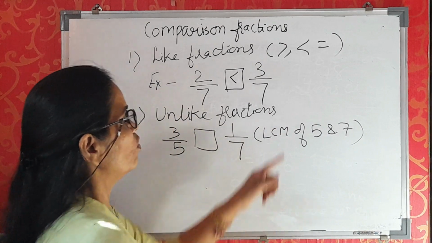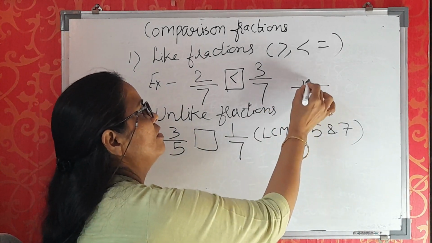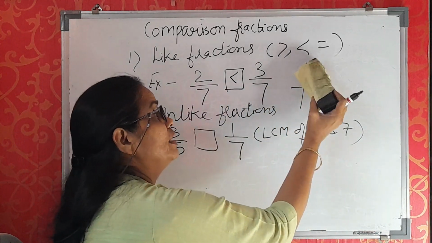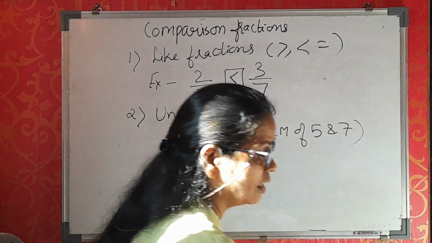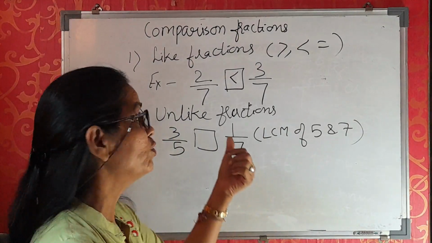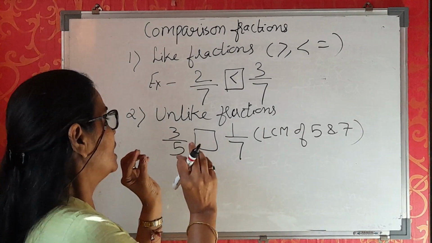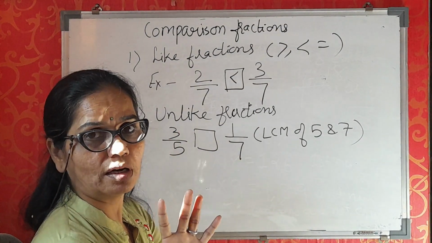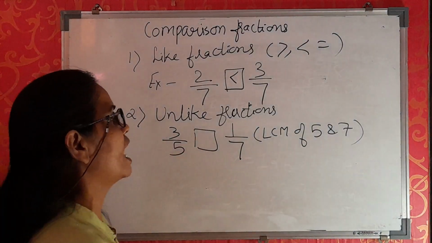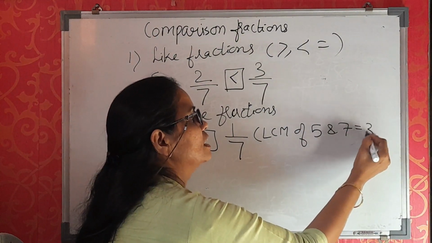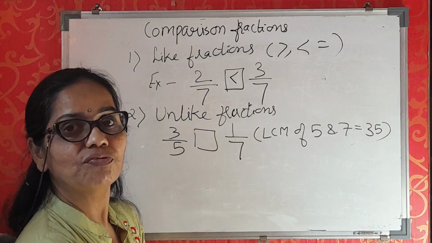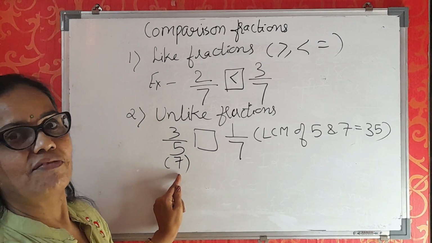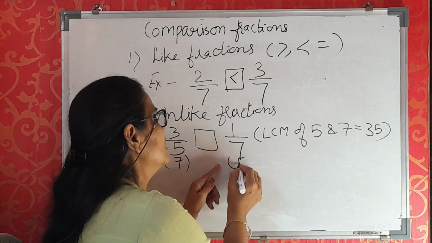Now children, you know one method of LCM. Though 5 and 7 are smaller numbers, you can easily find it this way. But if there are bigger numbers, I am showing the trick how to take the LCM directly. You have to see in the table of 5 and the table of 7, one number comes common. Otherwise simply 5 sevens are 35. So your LCM is 35, which comes in the table of 5 also, as 7 fives are 35.